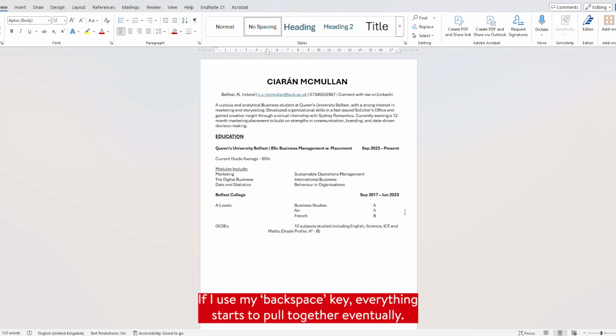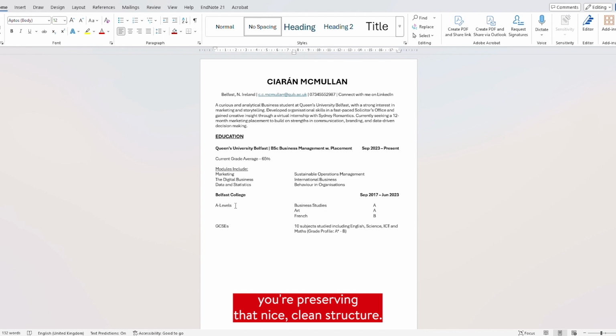If I use my backspace key, everything starts to pull together eventually. So that bit takes a little bit of wiggling, but once you've got it, again, you're preserving that nice clean structure. And if you want to, you could underline and underline. You could make those bold if you want. It's not necessary, those things are up to you. But notice how our formatting is really coming together, and our CV looks super slick, super polished so far, but